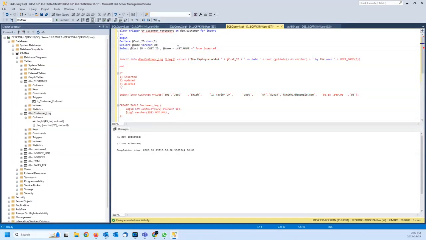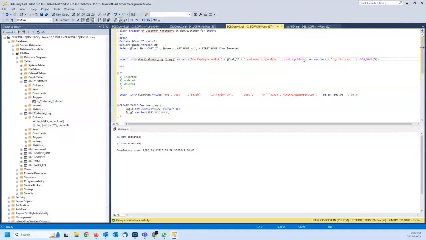So I'll just say whatever his name is. I'm slow because I haven't done this for a long time, so I'm very cautious not to make mistakes. And first name. So now this will go into the name, and I say new employee added with this customer ID and name